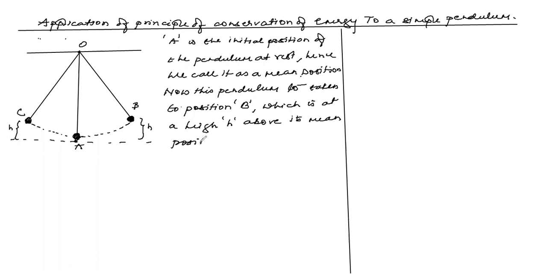Please have a look. Suppose A is the initial position of the pendulum at rest, hence we call it the mean position of this pendulum. This pendulum is taken to position B, which is at a height h above its mean position, and